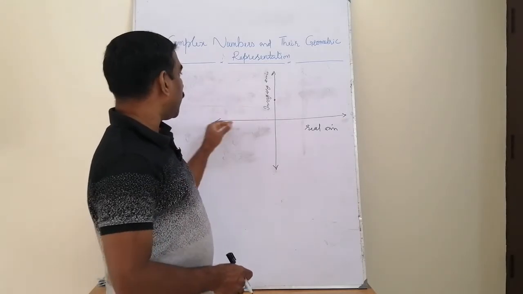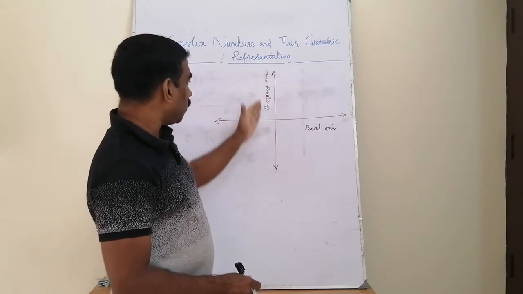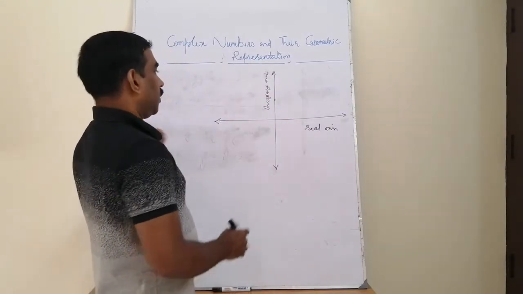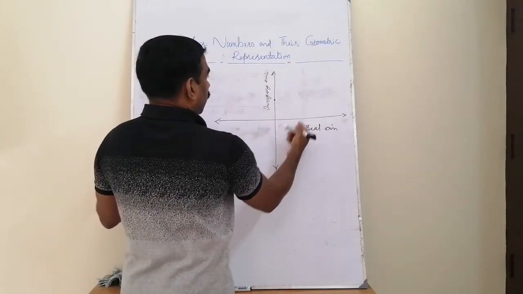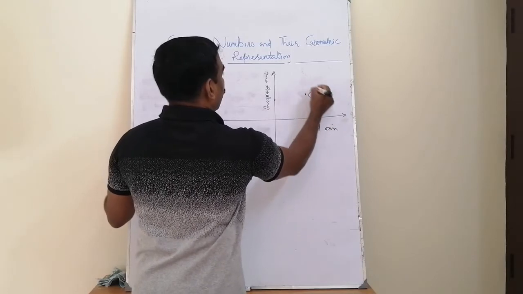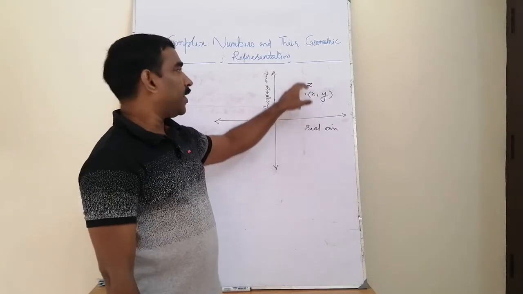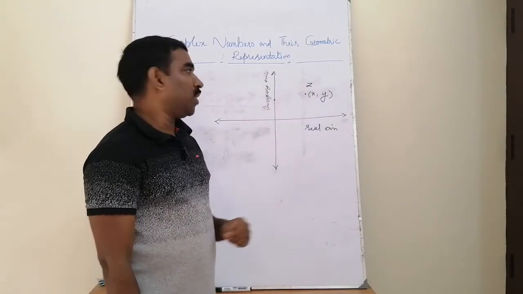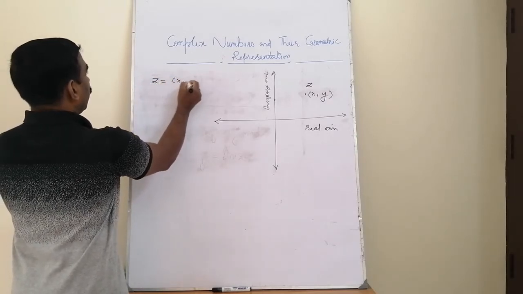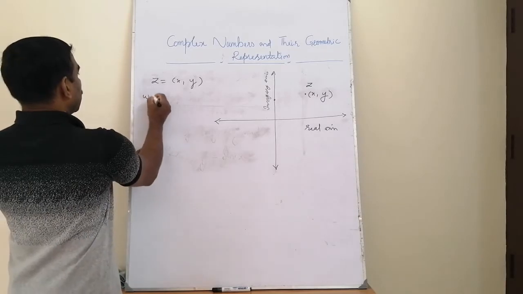For defining complex number, we are considering two perpendicular axes. One axis is called the real axis and another is called the imaginary axis. These are our usual x-axis and y-axis. In this two-dimensional coordinate system, we take an ordered pair x, y and we call this as z. And this ordered pair x, y designated by the letter z is called a complex number. So a complex number is an ordered pair x, y where these x and y are real numbers. And this is written as